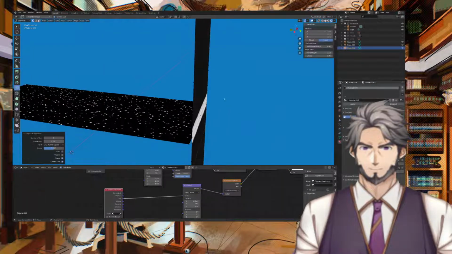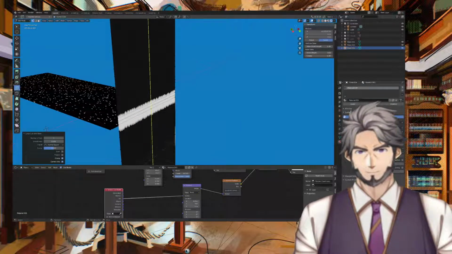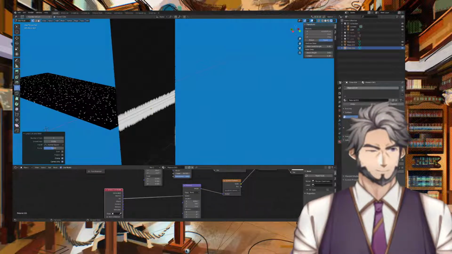That should be good. What we want is as many cuts as we can here in the center-ish area, because then,